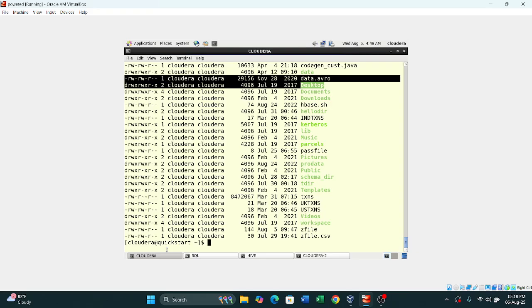Now in today's video I will tell you what kinds of tables Hive has. Basically there are two types of tables in Hive. First one is the managed table, and second one is the external table. I am talking about these two tables. So what is the difference between these two tables basically? Regarding these tables, Hive says,